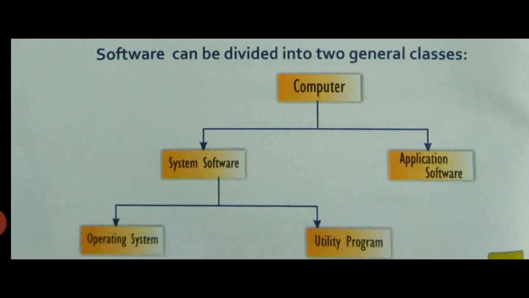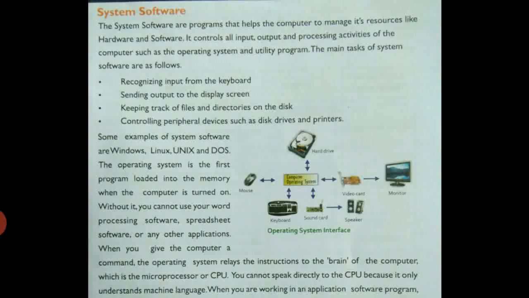Okay, next one is system software. System software are programs that help the computer to manage its resources like hardware and software. It controls all the input, output, and processing activities of the computer, such as the operating system and utility programs.